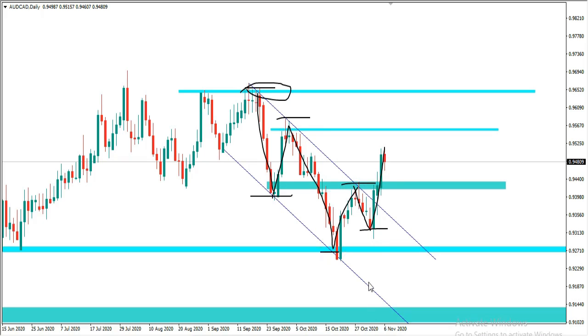Then instead of giving us a lower low, what we had was a lower high, and after a lower high, what followed next is a higher high. So it's clear that the price has started changing trend. So what we'll expect next will be either probably just continuation straight to the next upside target at that area,